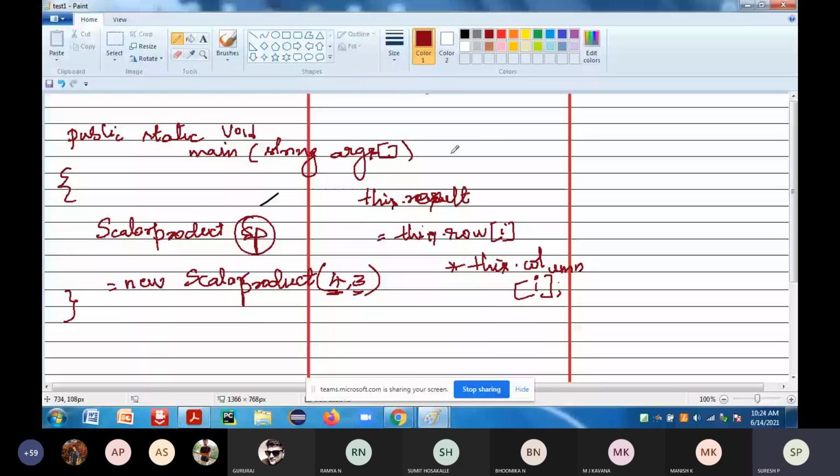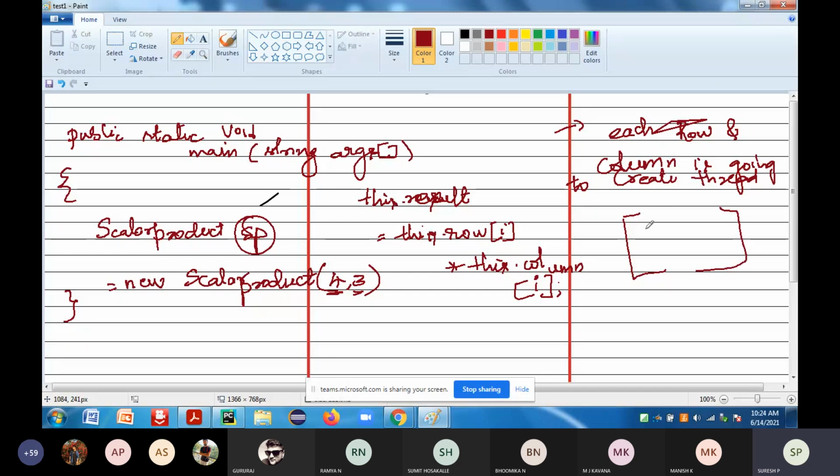So that each individual row and column, when it is creating the object, is going to create a thread. That thread will be running parallelly along all the columns. If I take this particular cell, 0, 1, this particular point, it is 0,0, 0,1, 1,0, 1,1. All of them are going to run in parallel.